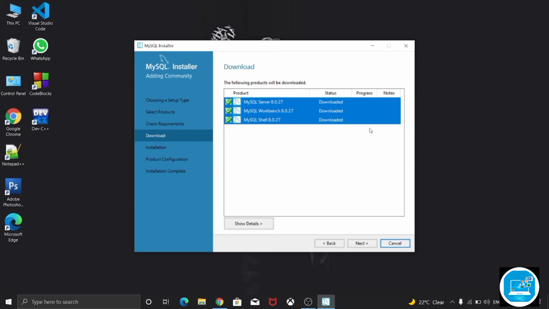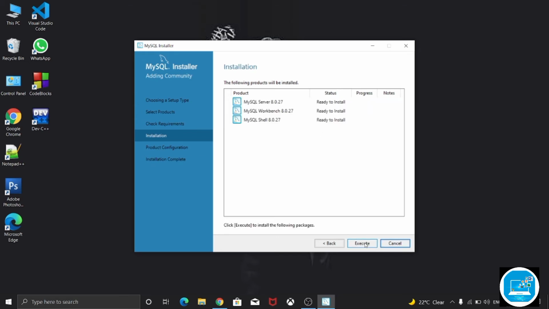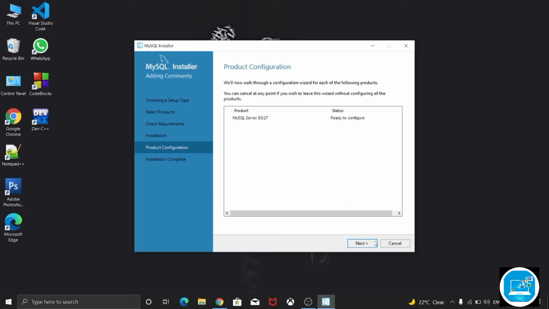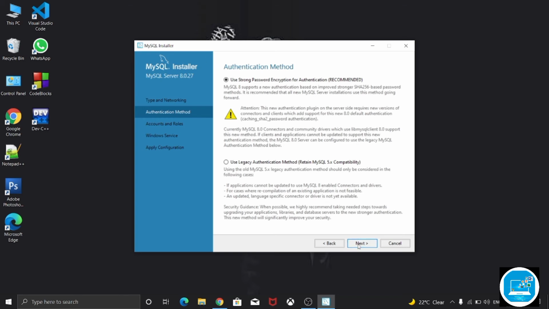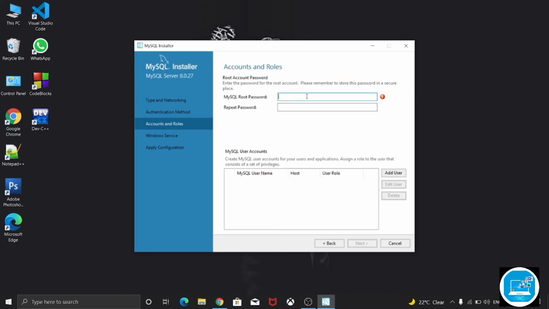And here all products are download successful. Simply click on next, click execute. It also takes some time. And click next, click next, again click next, click next, and here select a password, create a password,